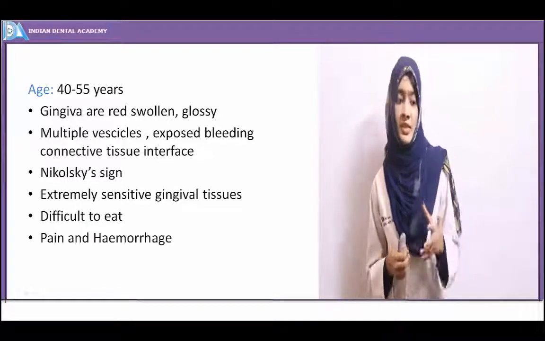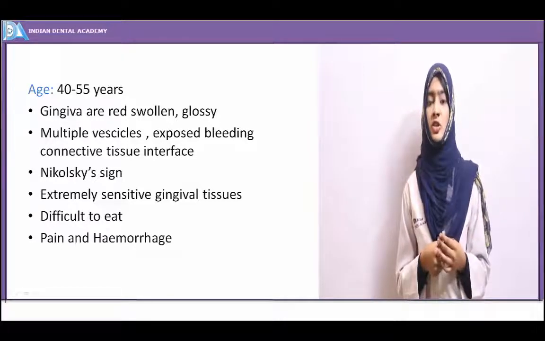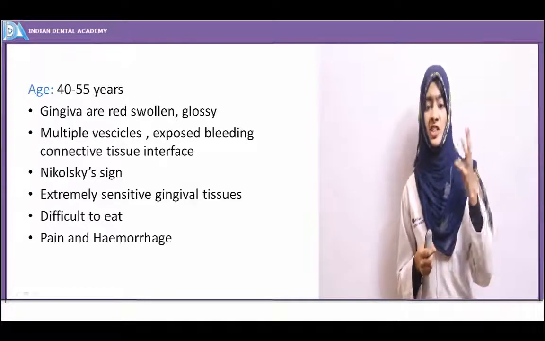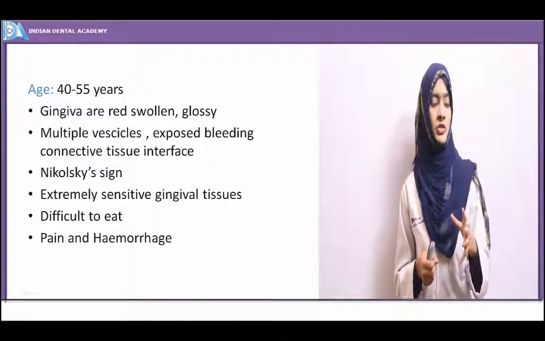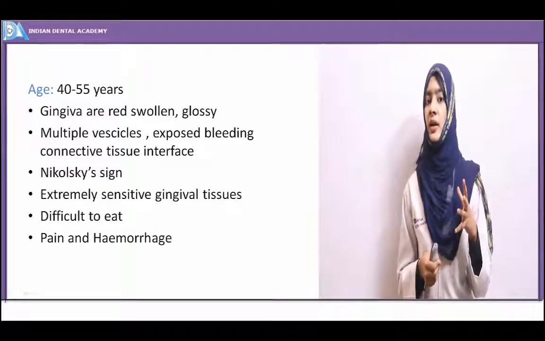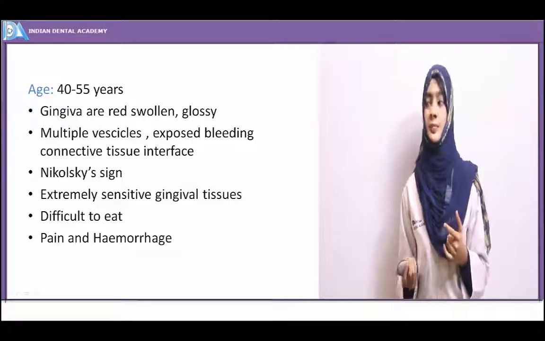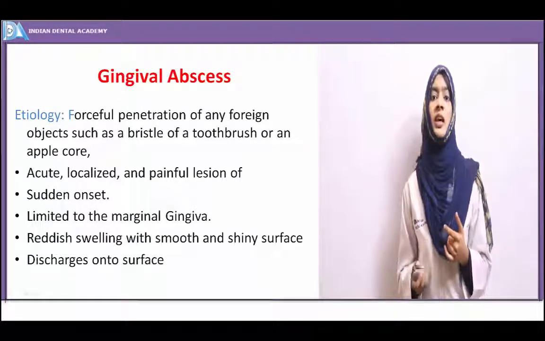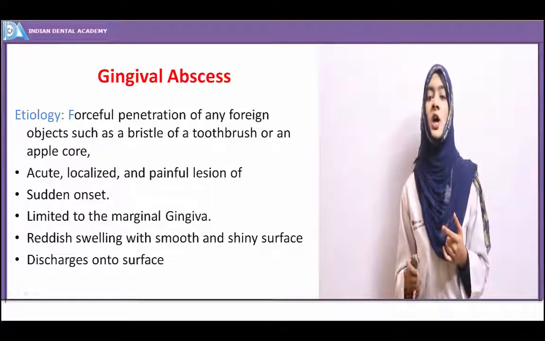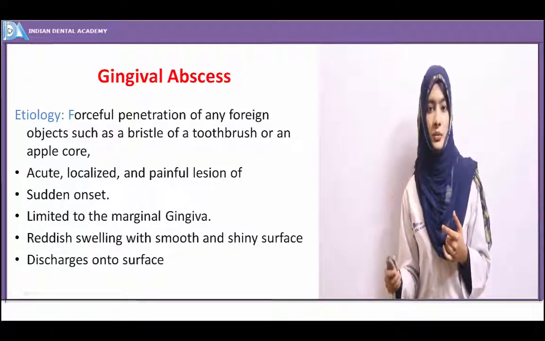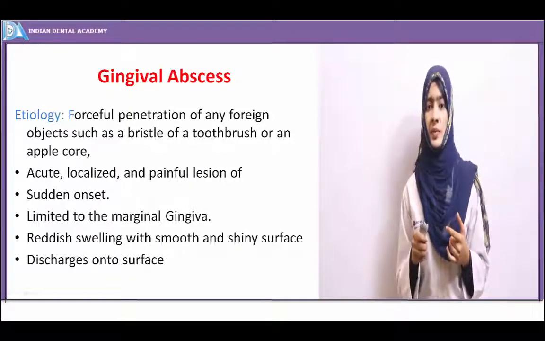The gingival tissues, because of detachment from the underlying connective tissue, show extreme bleeding, are extremely sensitive, and it is an extremely painful condition. The individual is unable to eat or swallow anything, and extensive pain and hemorrhage are present. The treatment for this condition is identifying the underlying hormonal disturbance or dermatologic disturbance and treating accordingly. Steroid therapy may also be indicated sometimes.